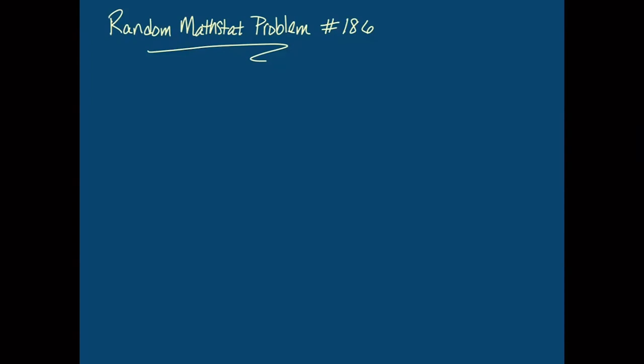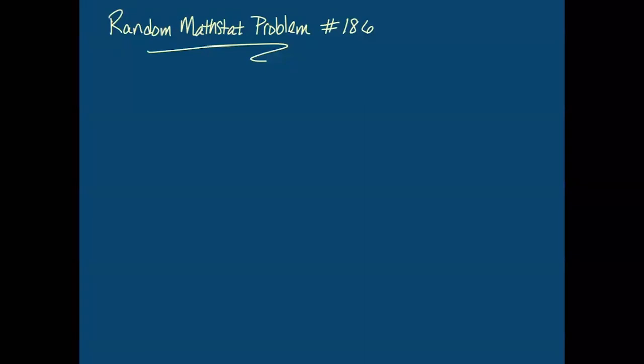This is the solution to random MathStat problem number 186. In this problem, we're given a random sample, x1 through xn, from a continuous distribution with CDF capital F. We're told to assume that F is invertible, but not differentiable. In part A of this problem, we want to find the distribution of a random variable Y_i defined to be